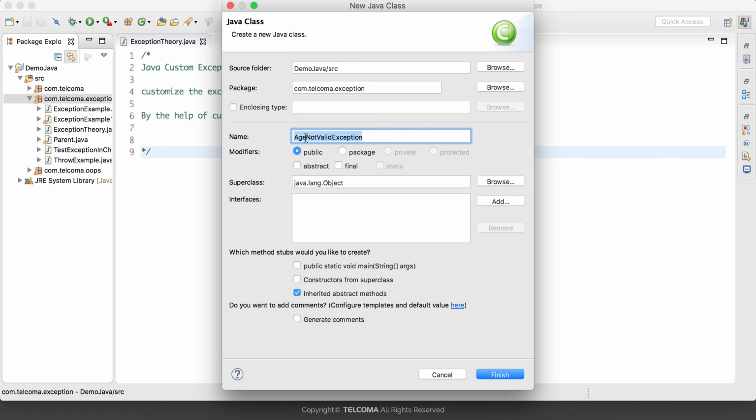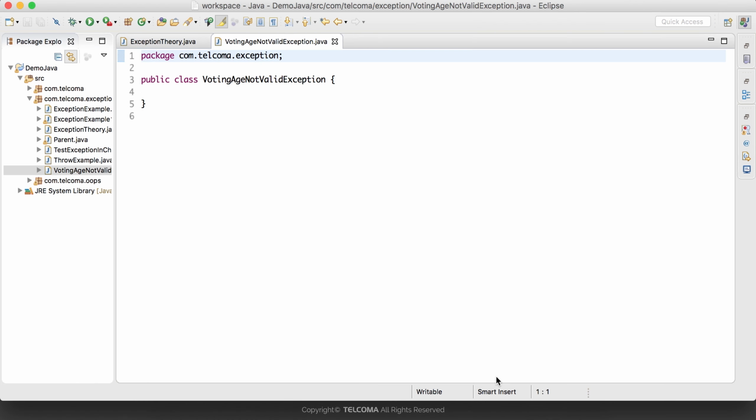We simply create a class, VotingIsNotValidException, and we are going to extend this class with Exception. So this is our exception class,